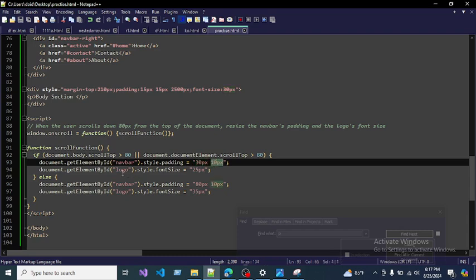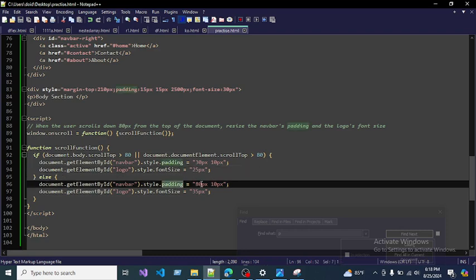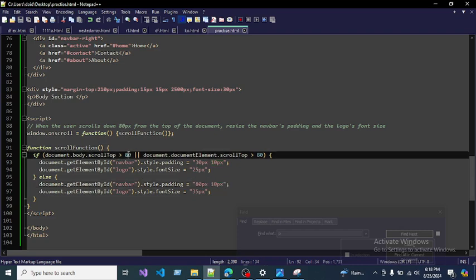Okay. And add also font size for the logo, otherwise it will add padding style. Okay, 80 pixel and 10 pixel. So if you want to decrease this size like 60,